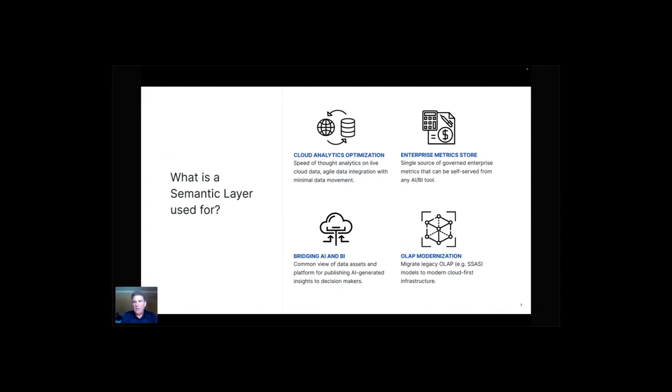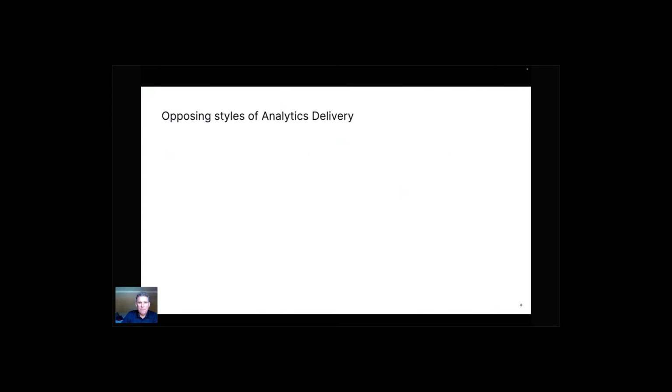Well, that's the bad part of OLAP. The good part of OLAP is it's lickety split and fast, and it's really easy to use. So with a semantic layer, and the proper semantic layer like AtScale, it can give you both. So you don't have to give up all that dimensional access to be able to run queries in the cloud. So let's talk a little bit before I get into a demo here about different styles of analytics delivery